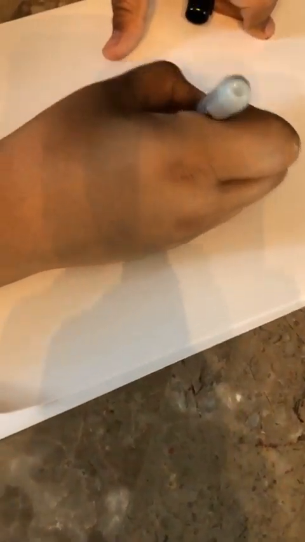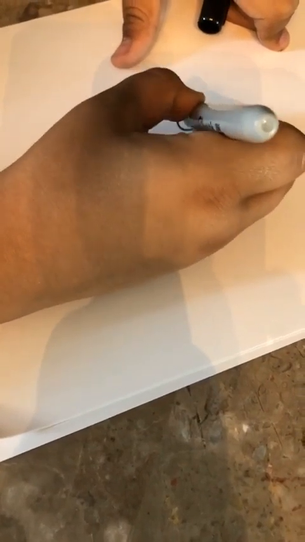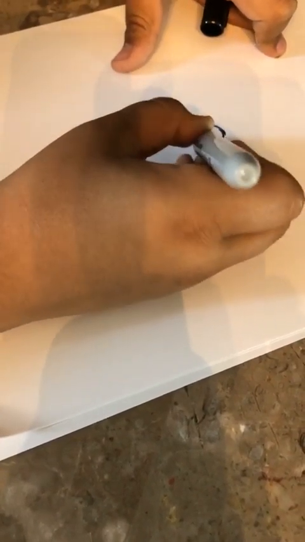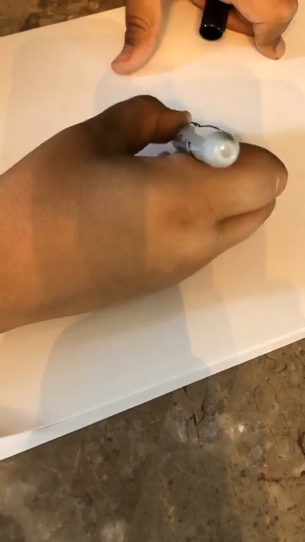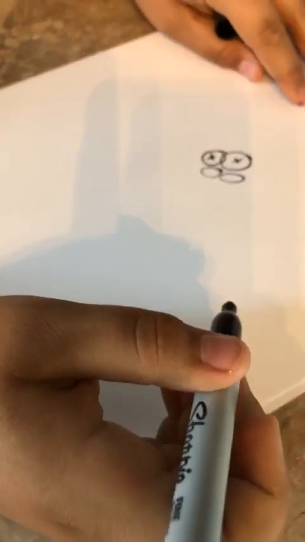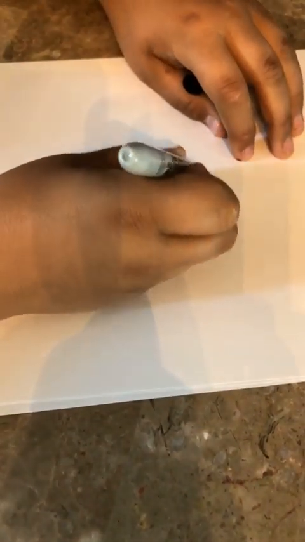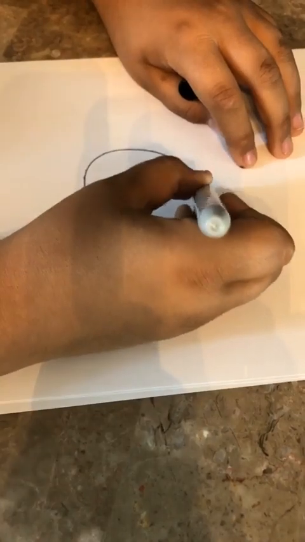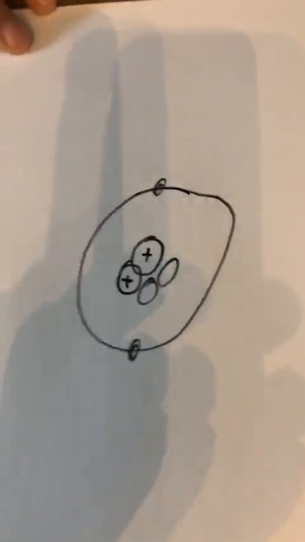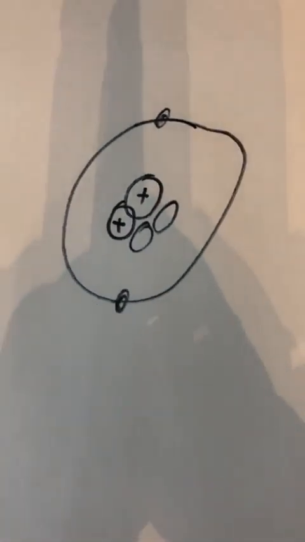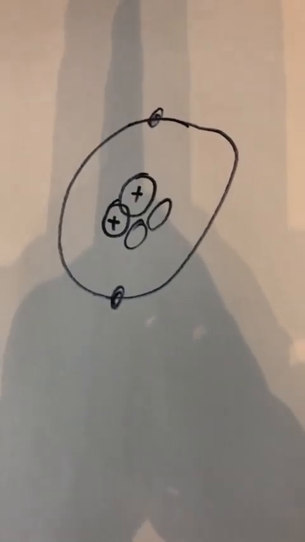Now I'm going to draw helium, which looks a little different. Helium has 2 protons and 2 neutrons. I'm just going to leave them blank because they have no charge. And then it has 1 shell level, and it has 2 electrons. Yeah, that does look very different than the first one you drew. All right, that's really interesting.